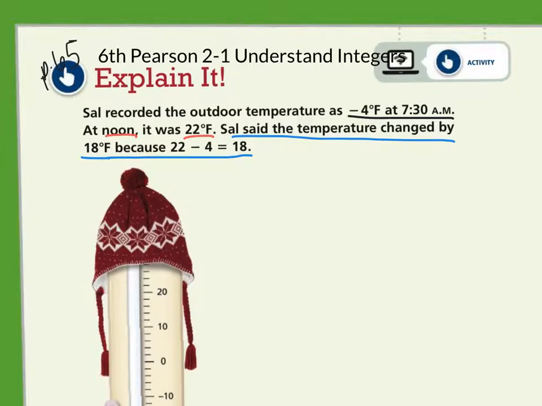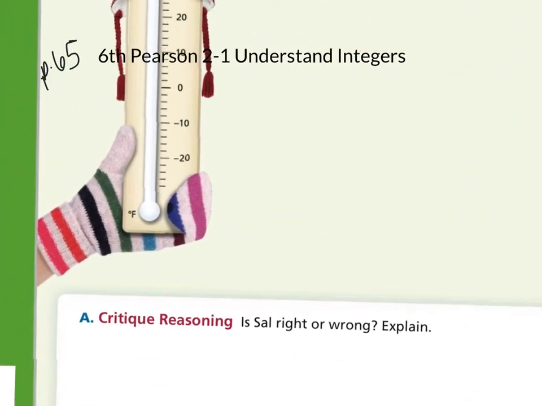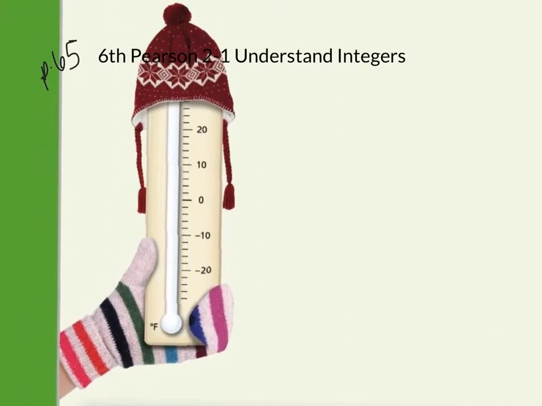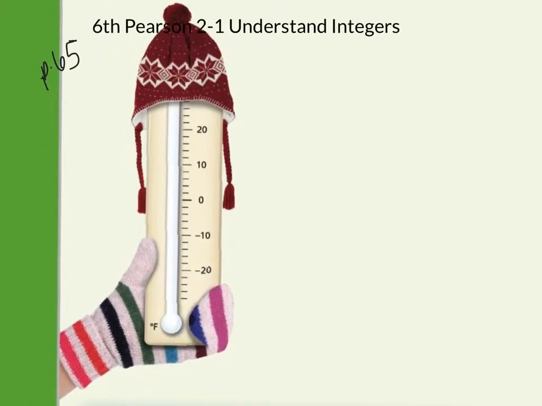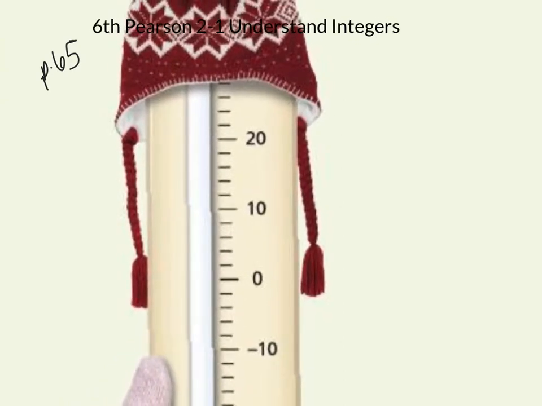So the question is, Sal right or wrong? And so the answer actually is that he is wrong, because one of the temperatures is negative. So if we're going from -4, it looks like they're going by 2's here on this thermometer. So if we're at -4 and it went up to 22, the deal is